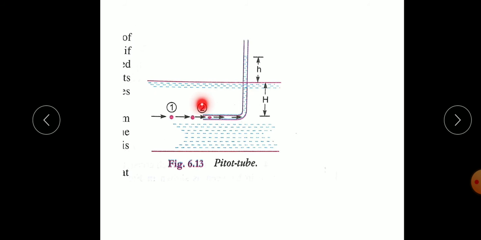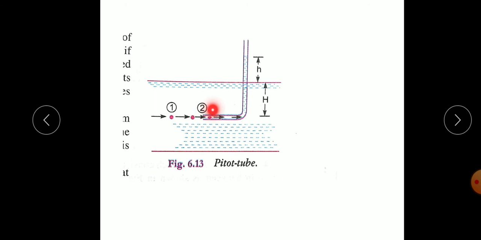So here, as the flow becomes steady, this point 2 is also called stagnation point, and pressure at this point is called stagnation pressure. And at point 1 the fluid has the static pressure as well as the dynamic pressure due to the velocity. As the fluid comes to point 2, its velocity becomes 0. According to Bernoulli's principle, total energy remains constant. So whatever the kinetic energy due to velocity is converted into the pressure energy.